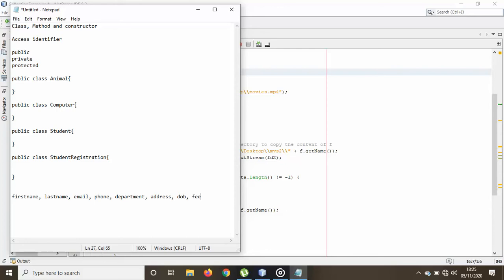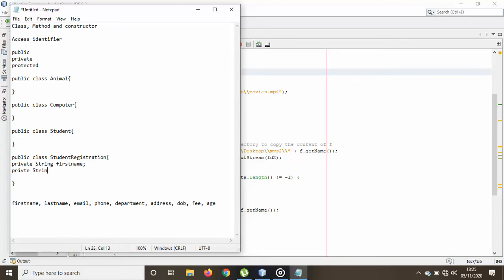Now when you look at this, and say age, you have to represent each of them with the right data type. So now the first name, what data type? What data type are we going to use for the first name? String. First name, you put semicolon. If you want to create another one, last name, you put semicolon. Private string